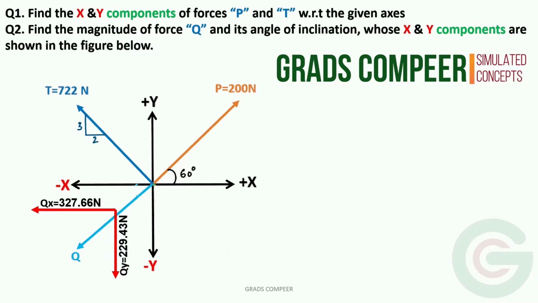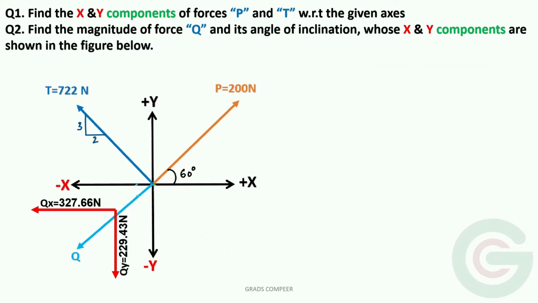This question has two parts. First question, find the x and y components of forces P and T with respect to the given axis. Second question, find the magnitude of force Q and its angle of inclination whose x and y components are shown